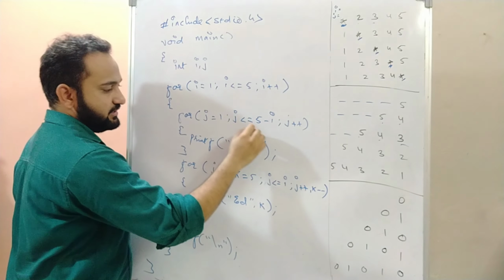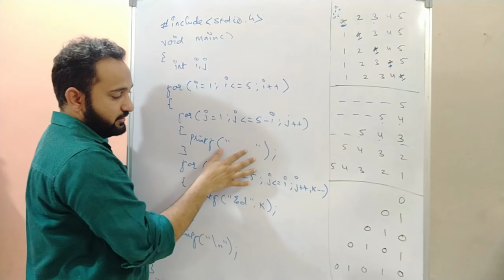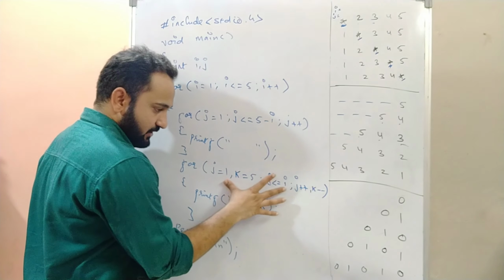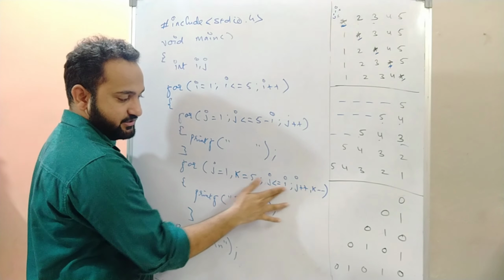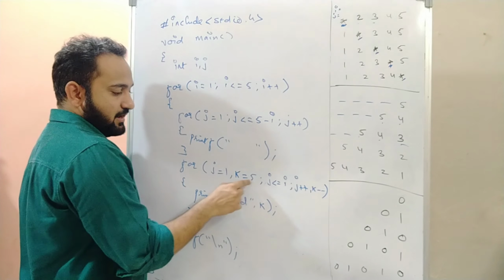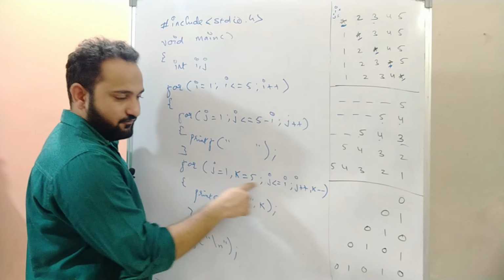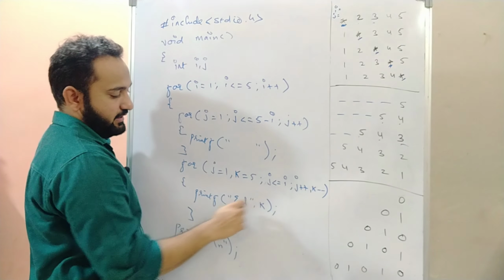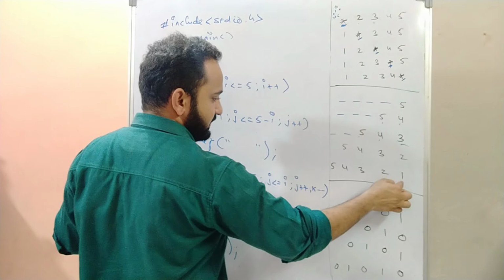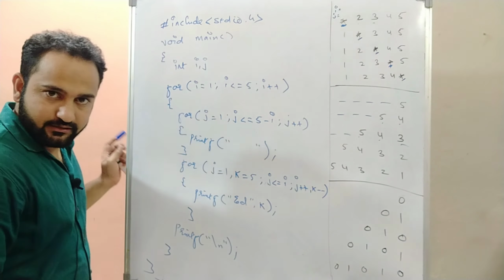For the last case, see now, the value of i becomes 5. 5 is less than or equal to 5, yes, condition is true. 5 minus 5 is 0, it won't leave any spaces. And it will go into this now. It will iterate from 1 to 5. Agree? The condition is j is less than or equal to 5, it will iterate from 1 to 5. Print the value of k, and every time it prints the value of k, it will decrement it by 1, right? So the value of k for the first case will be 5, then 4, then 3, then 2, then 1. Getting this pattern?